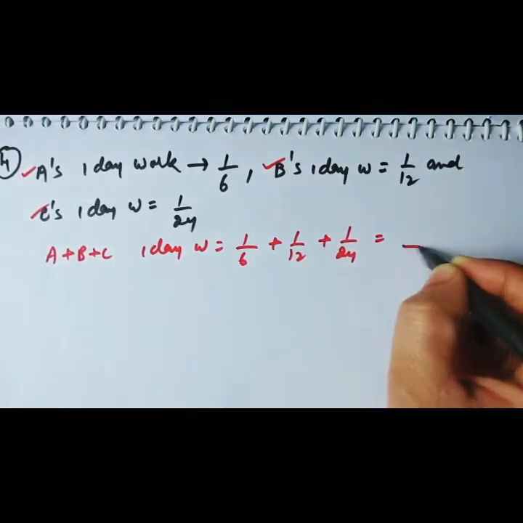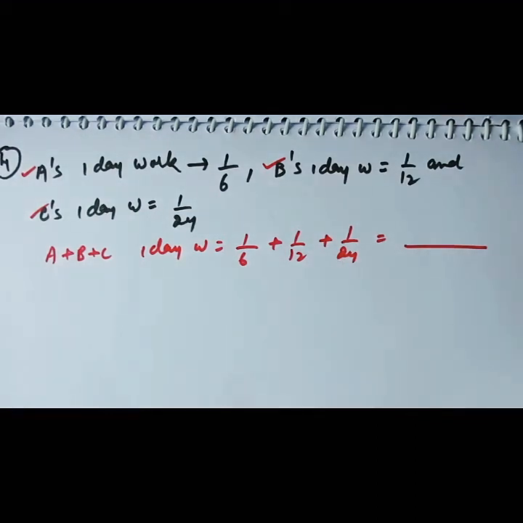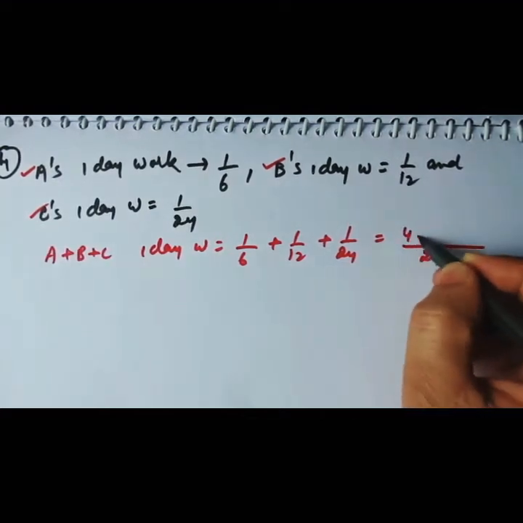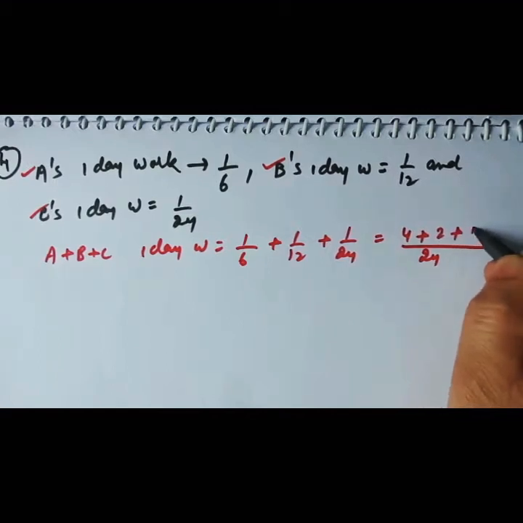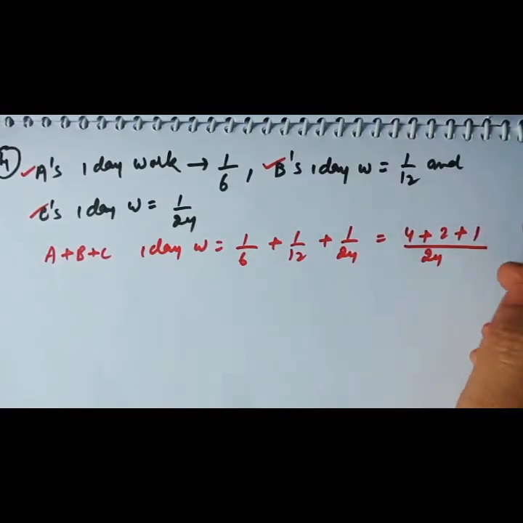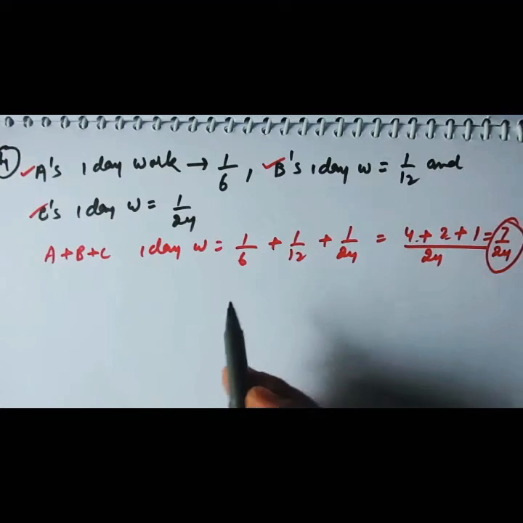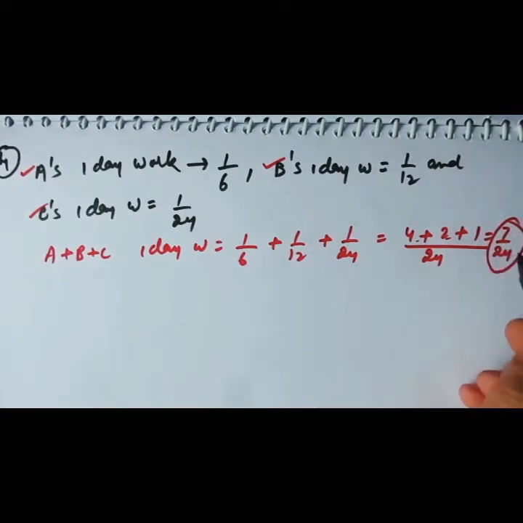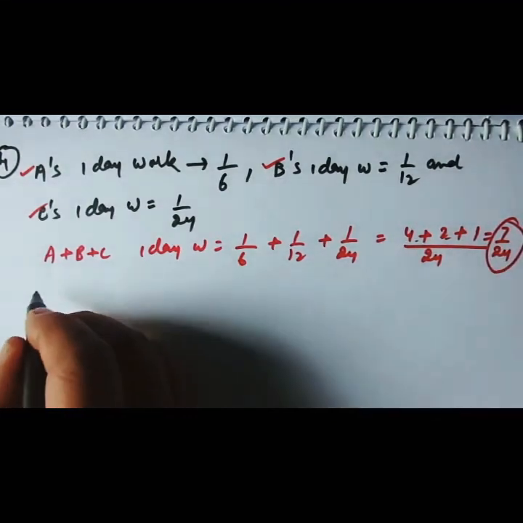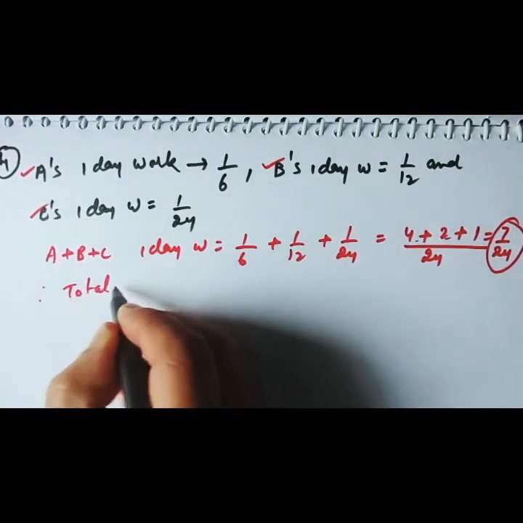Isn't it? Let's go. So 6, 12 and 24, what LCM are you going to get? The LCM will be 24. 6 4s are 24, 2 times 12 is 24, 1 times 24 is 24. So 4 plus 2 plus 1 is equal to 7 by 24. 7 by 24 is the fraction of work which has been done by A, B and C in 1 day. So when 7 by 24 work has been done in 1 day, therefore total number of days